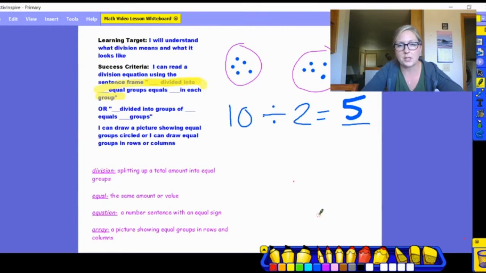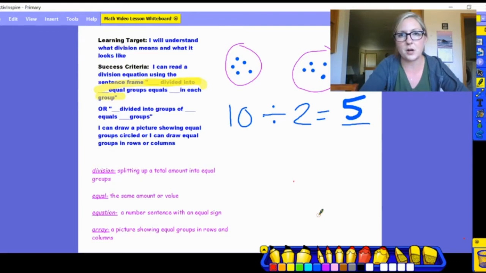Show with this example equation before I let you try on your own is how we could have drawn our equal groups, our 2 equal groups of 5 from our total of 10 as an array. Because remember, that was a type of math picture that we talked about drawing to use to solve a multiplication equation. And we can also use the same model to solve a division equation.